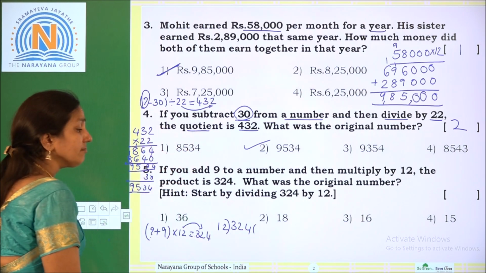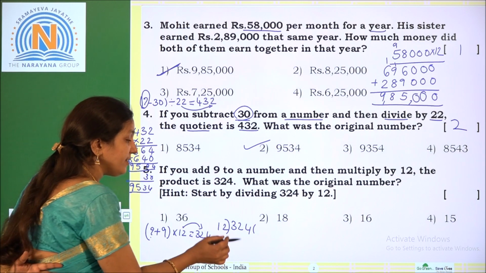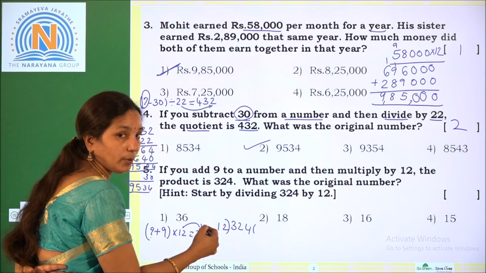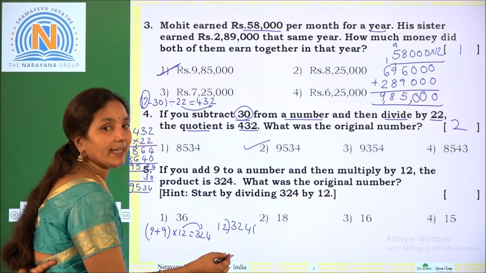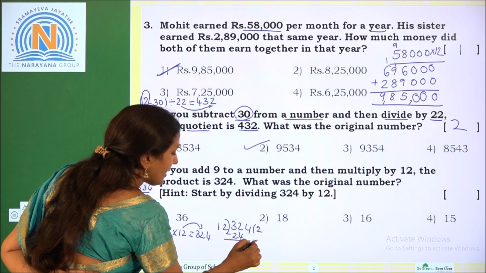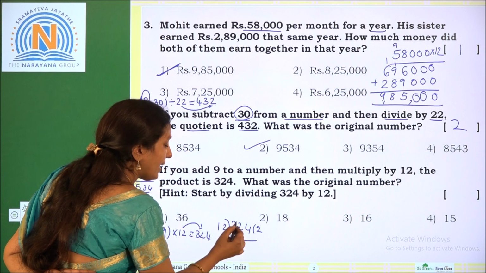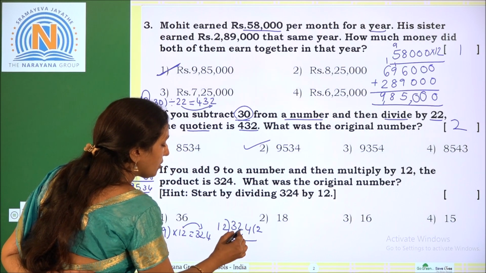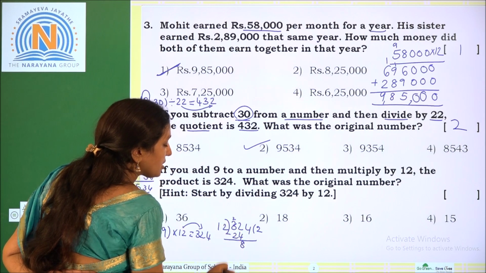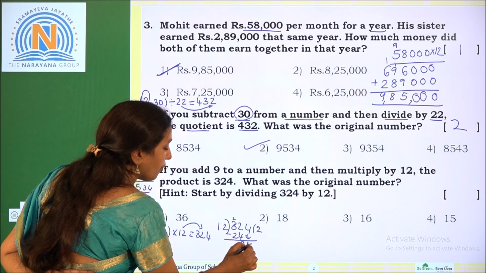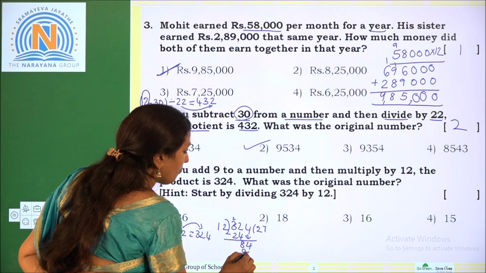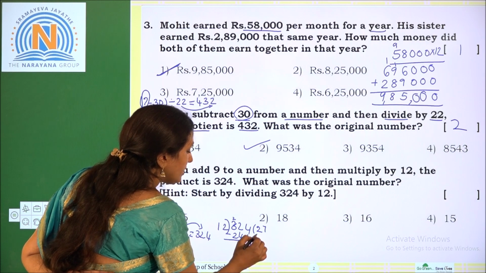Here again, long division. How many times can we take? Here we are taking the 2 digit number 32. Approximately 2 times. 2 twos are 24. Subtract. Now 2 minus 4 we cannot, so regroup: 2 will become 12. 12 minus 4 is 8. This 3 will become 2, so 2 minus 2 is 0. Now bring down 4, so 84. How many times? 7 twos are 84. So we'll get 27.